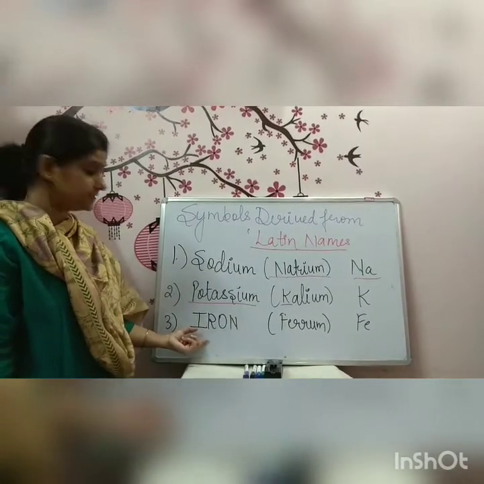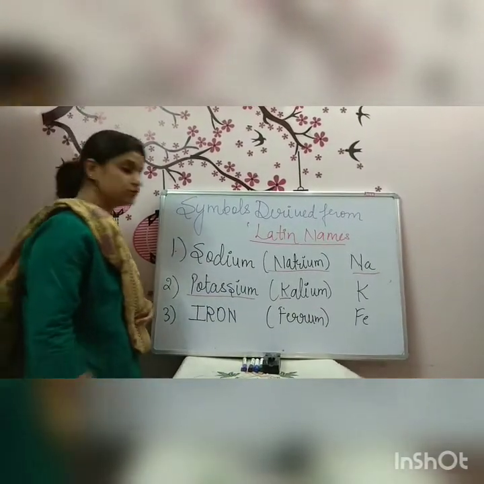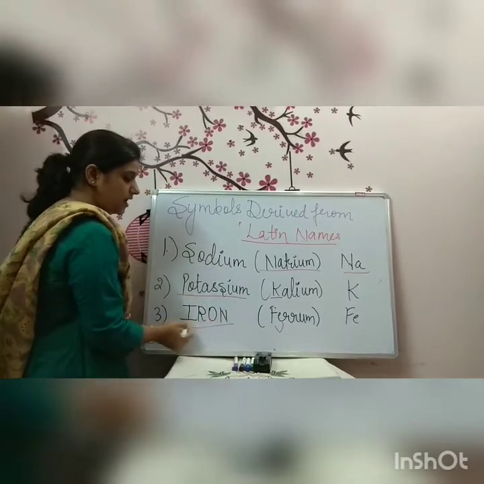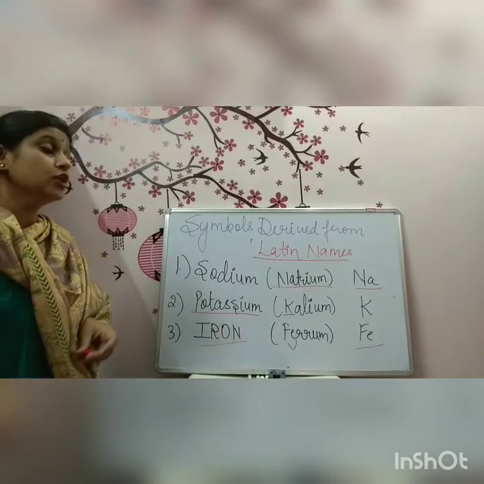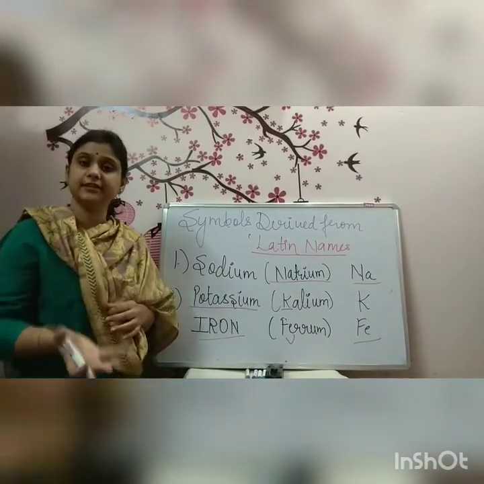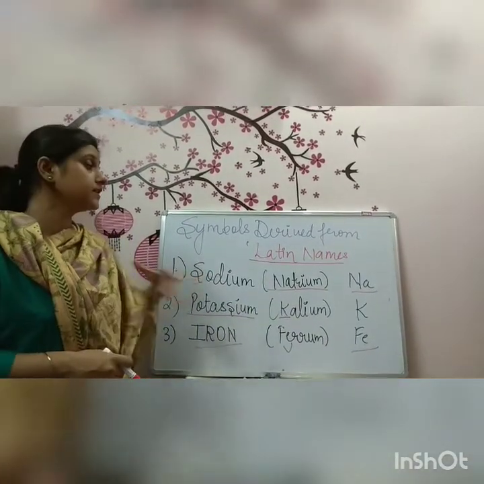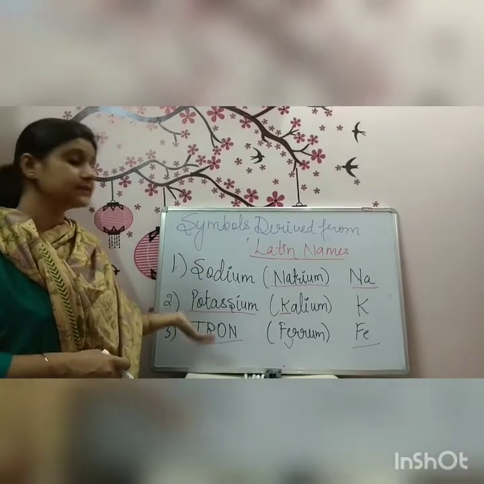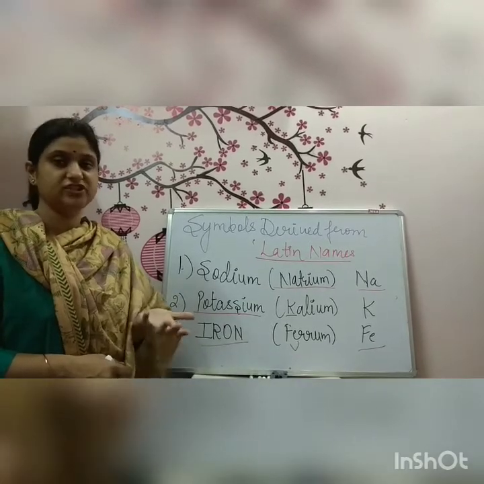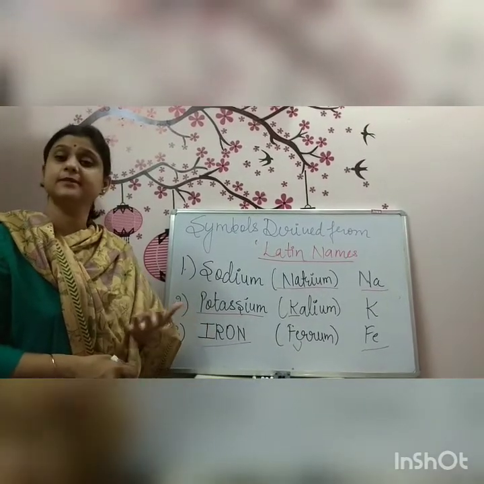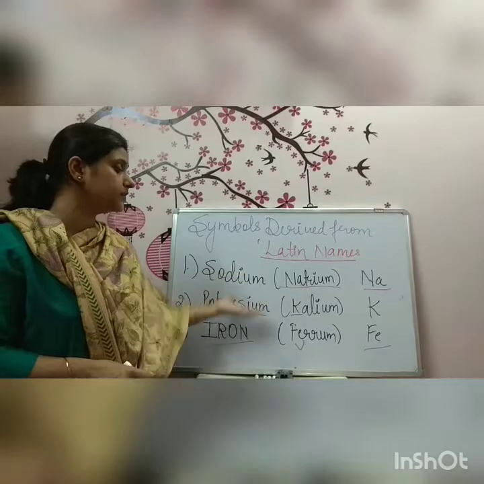One more example we can see, iron. The Latin name of iron is ferrum, and here again we have used the first two letters to symbolize iron, that is Fe, which becomes the symbol of the element. So sometimes we use English letters to represent the symbols of an element. Sometimes we take the symbols from their Latin names, as I have given you some examples. Some more examples are there, like silver, the symbol is capital A, small g, Ag. And gold has the symbol Au, right? So these are all elements which have derived their symbols from their Latin names.